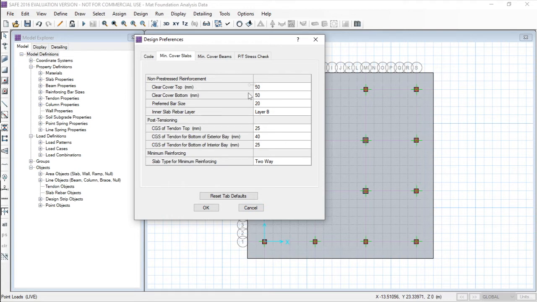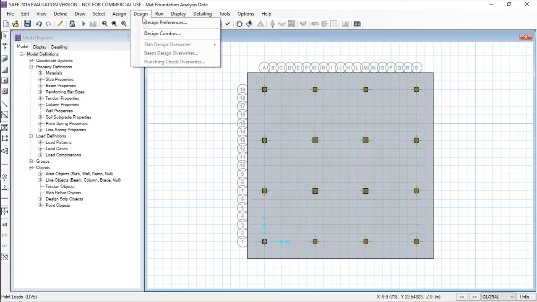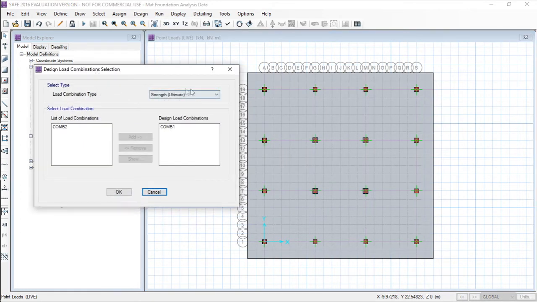Cover is also the same that we assigned earlier during the creation of grid lines. Also ensure the design combos from here. For ultimate strength, the design combination is 1, and for the service load, design combination is 2. For initial, for normal also 2, for long term this is also 2.